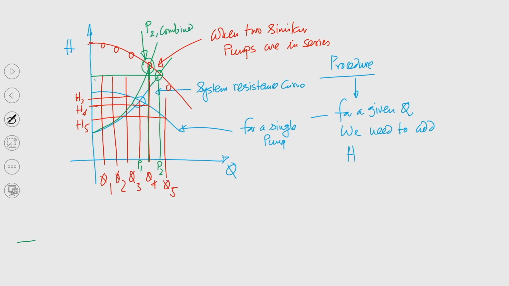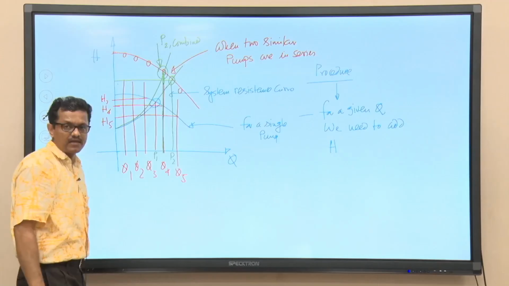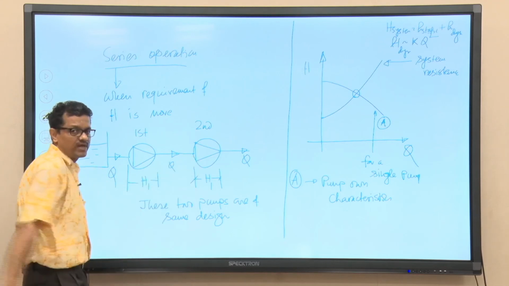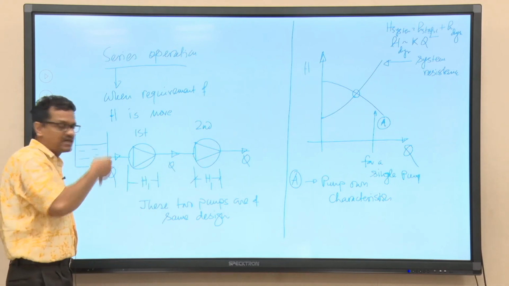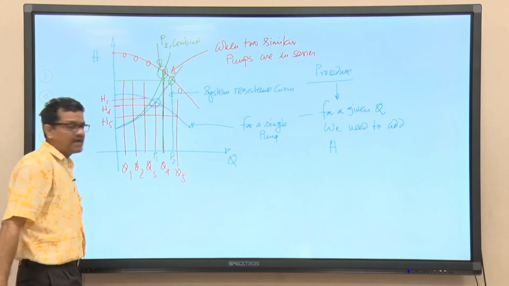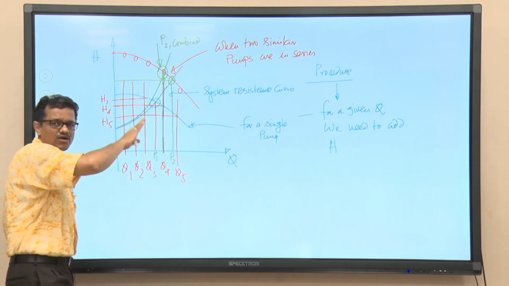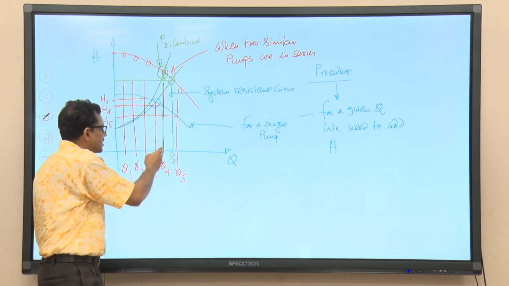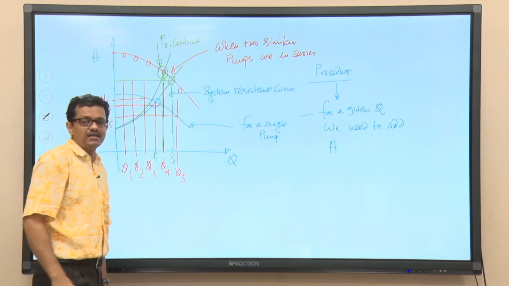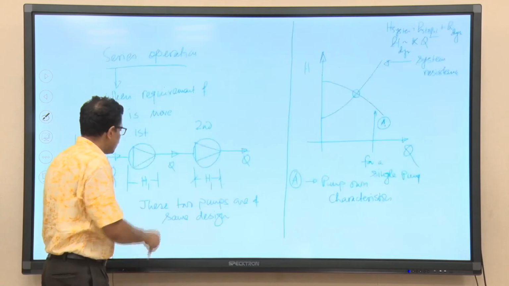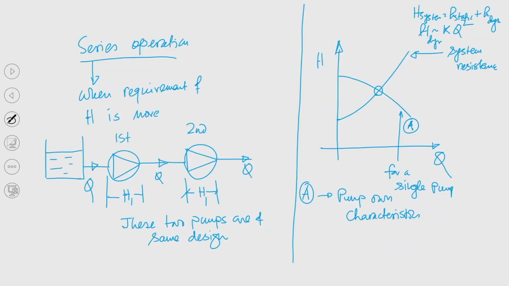Okay. So, basically you can understand that the curve will be relatively steeper, and we will definitely get a flow rate slightly higher than the flow rate that we are supposed to get. So, you are supposed to get Q1 amount of flow rate, but when these two pumps are connected in series, we will get slightly higher than that. Also we are getting higher head, which was our objective, but we are also getting slightly higher flow. The physical reasoning behind this is that when this pump is drawing Q1 amount of water and discharging Q1 amount of water, now another pump is connected in series.